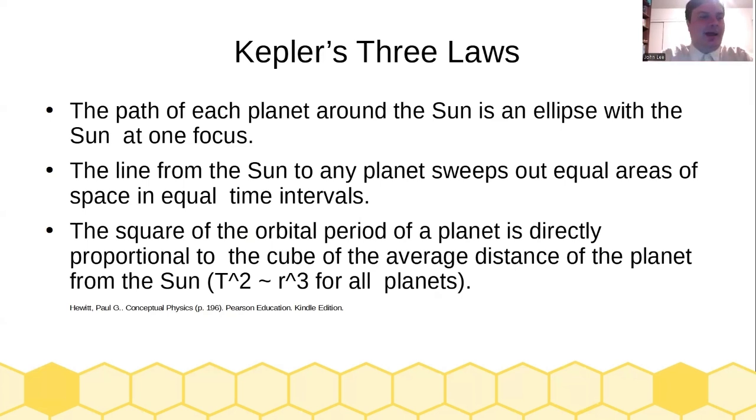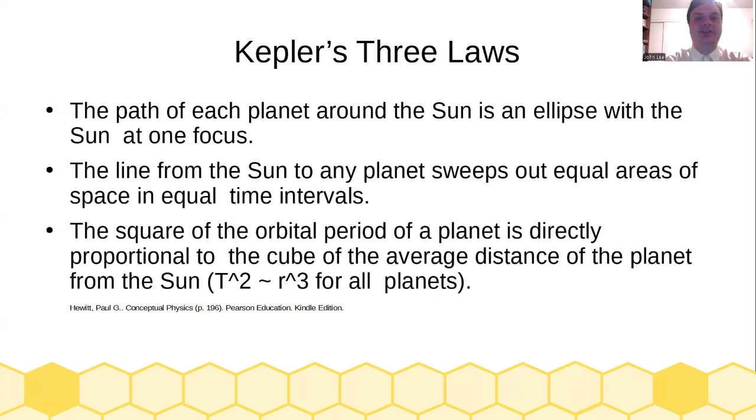It is also true that the Earth and the Moon both largely follow circular paths, but they are slightly eccentric, which means that they are slightly squashed out and have the sun at one focus. The second rule is that the line from the sun to any planet sweeps out equal areas of space in